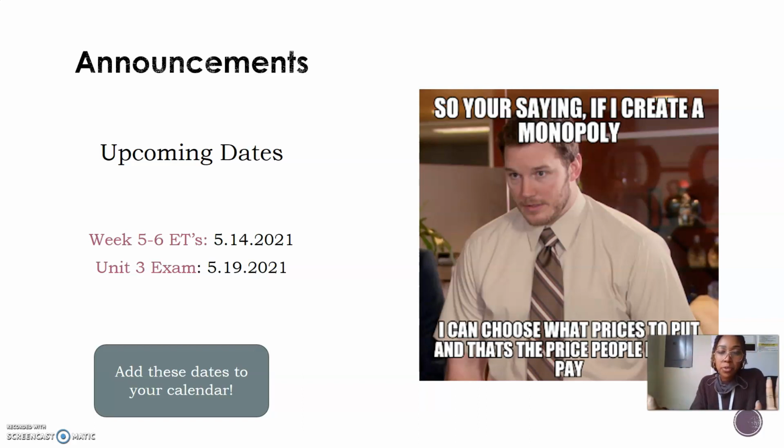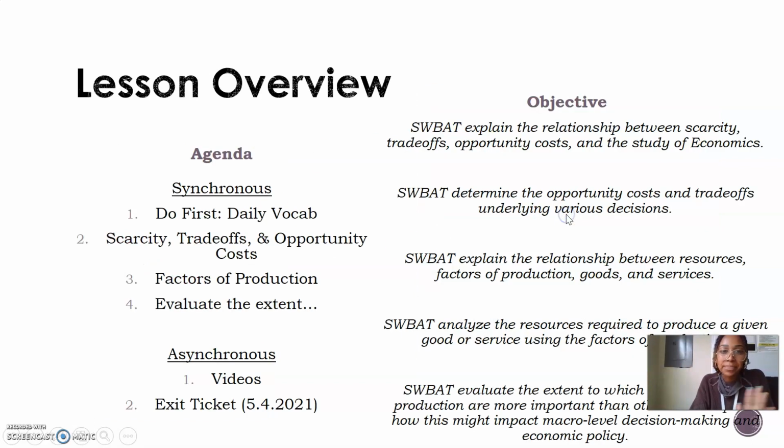Now, the Unit 2 exam scores aren't ready yet. Y'all know how the district is. It probably won't be ready until Friday, to be honest. But after I put in that Unit 2 exam grade and your week 5 through 6 exit tickets, that's pretty much it. So think of the Unit 3 exam as optional, only for those who are like, I'm not really happy with my Unit 2 exam, so let me try to see if my Unit 3 exam will be better. And even if you do take the Unit 3 exam and you end up scoring worse, it doesn't have to be used as a grade, so I can just ignore that. So FYI, you guys are almost done.